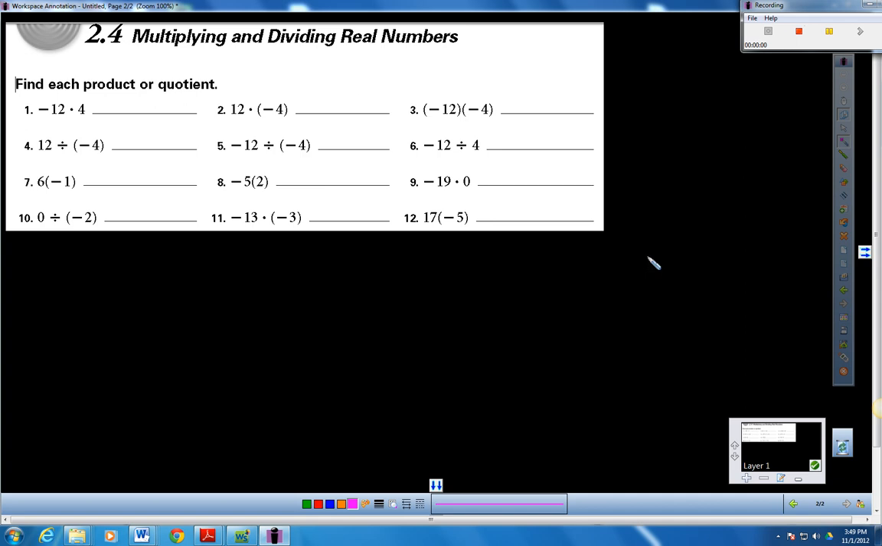Alright, class. This is for Mr. Claxton's Algebra 1 regular class. We had some problems last night involving multiplying and dividing real numbers. This concept, pretty old to us, probably seemed pretty easy. I do want you to show work, though. In order to show work,